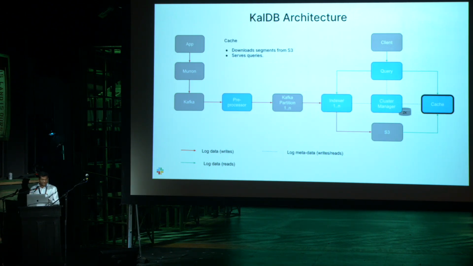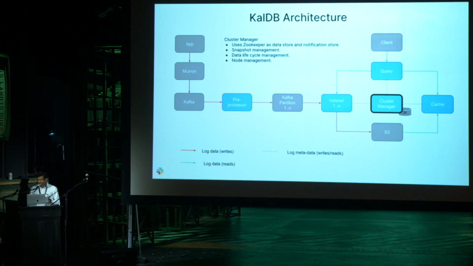The cache node is another component in our system which downloads the older data from S3, and then it can serve reads against that data. Finally, the query service is our client-facing component, which actually handles all the client queries. It gets all the client queries, performs scatter-gather queries from the indexers and the cache nodes, and responds to the client queries. And the final component in our architecture is the cluster manager. It is the brain of our system. It uses Zookeeper to persist the data to a data store, and it also uses Zookeeper as a notification store.